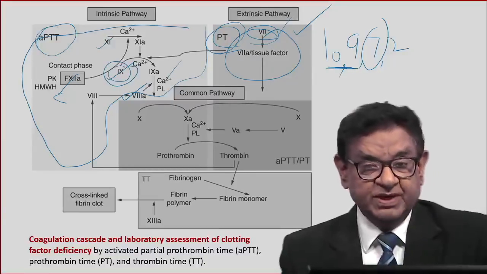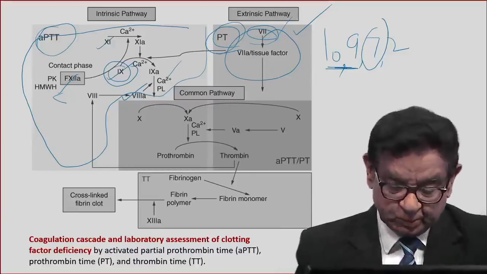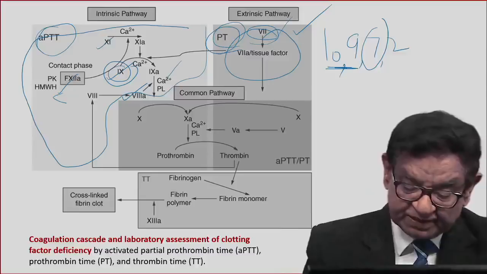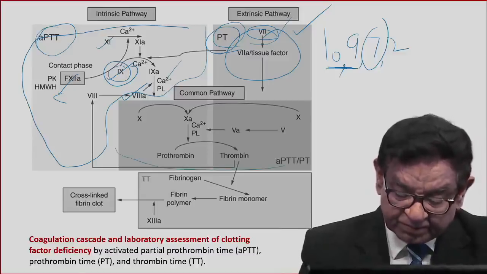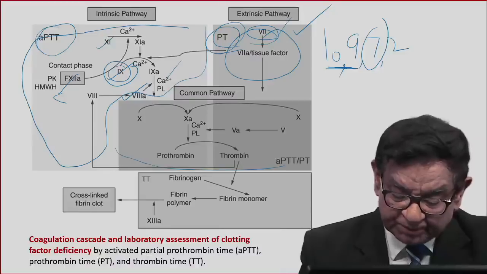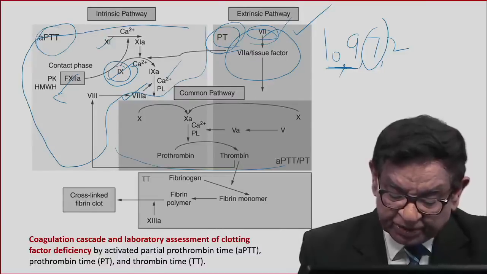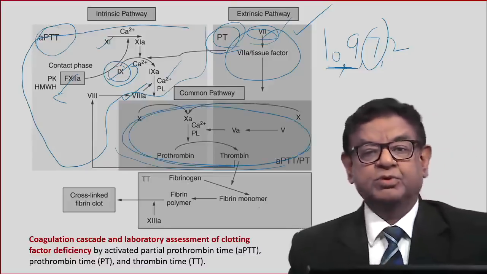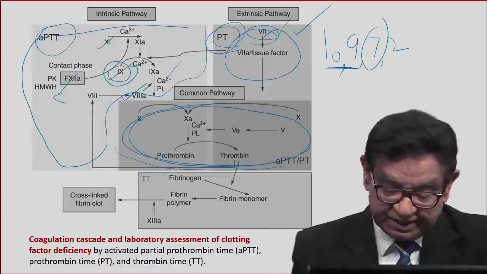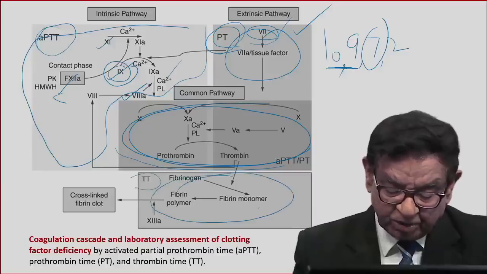So liver disease will lead to prolonged PTT also. Now factor 10 is converted to 10a. Any problem here, the 10a will convert prothrombin into thrombin. Thrombin will convert fibrinogen into fibrin monomer. Any problem here will lead to prolongation of both PT and PTT, and any problem here will lead to prolonged